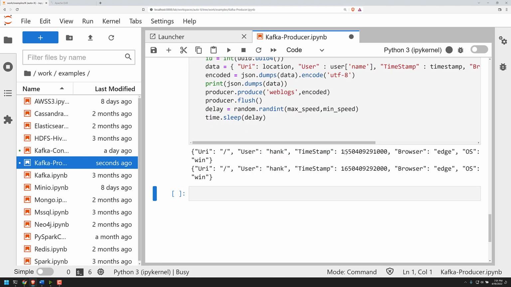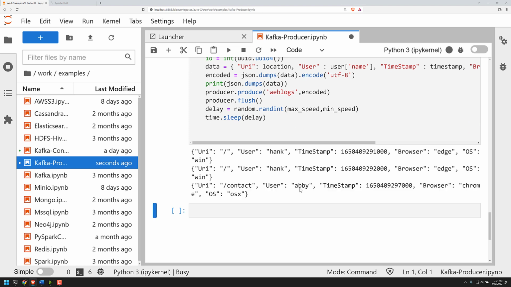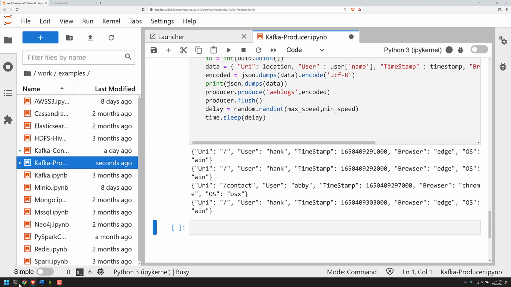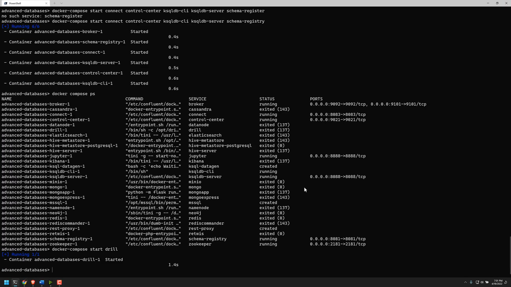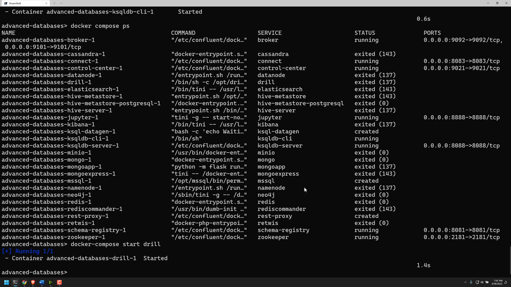Hank just did something, and then Hank went here, and then he went there again. And then Abby went here. Okay, so we got some logs churning out. So let's go solve our KSQL problem. So first thing I need to do, I'm out here at the command line, is I need to log into KSQL, and it's docker compose exec